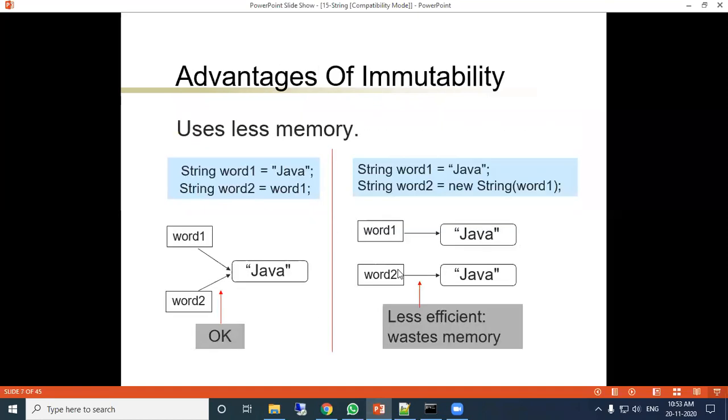So here we have seen word1 and word2. Both are connected to the same string, Java.